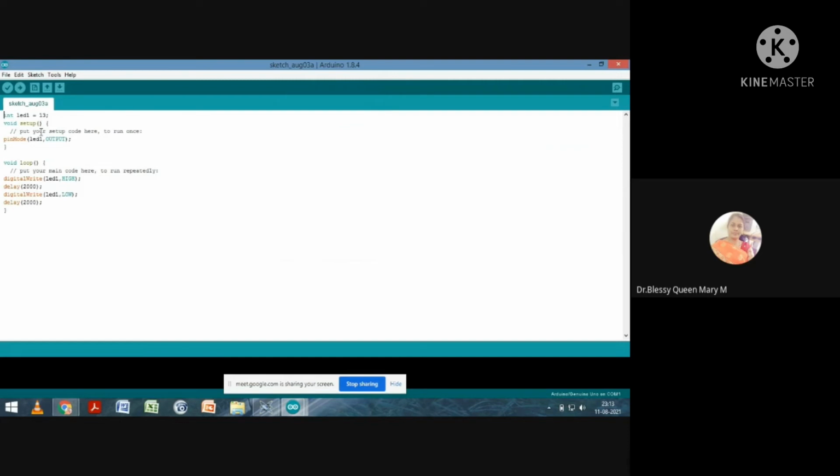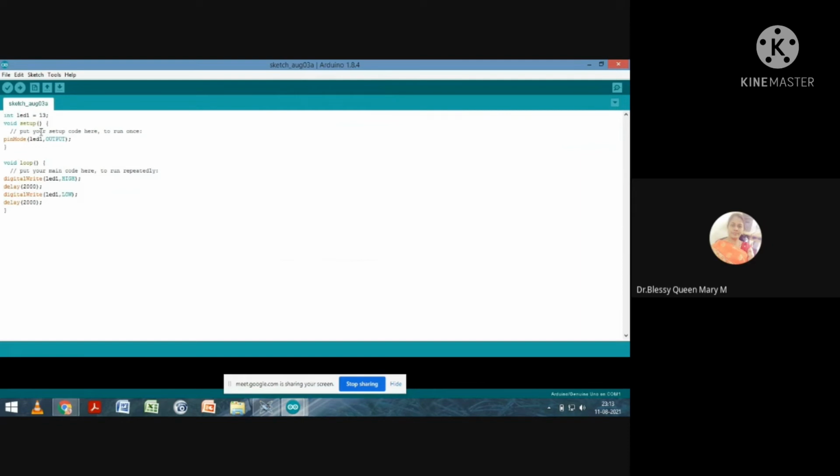The next function is void loop, with digital write. Digital write of LED 1 comma high. In order to glow an LED we pass high to turn it on. Then the second one, delay of 2000. Delay of 2000 means delay for 2 seconds, 2000 milliseconds.